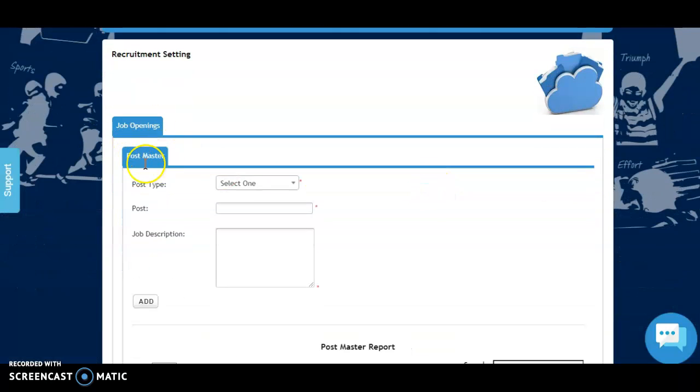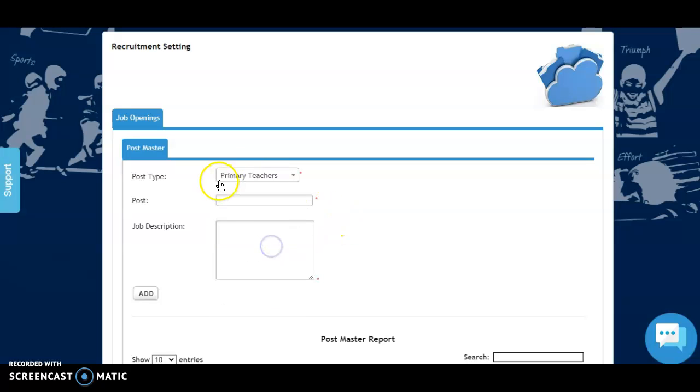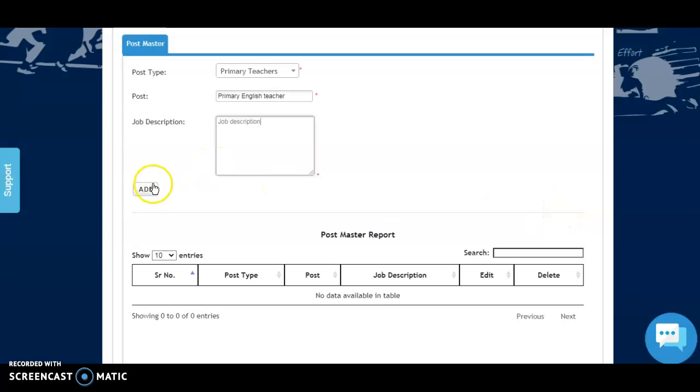Okay. So in job openings postmaster, we have to select for what type we are taking the post for. Then the post for is for primary teacher, English teacher. Then what job description you have, or what kind of job they are going to have, you can write a job description. And you can add